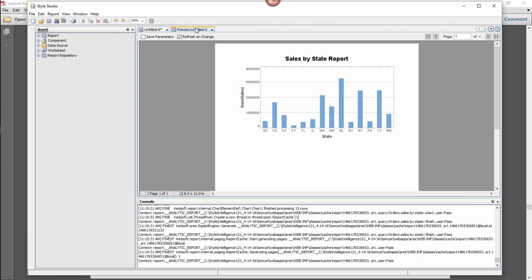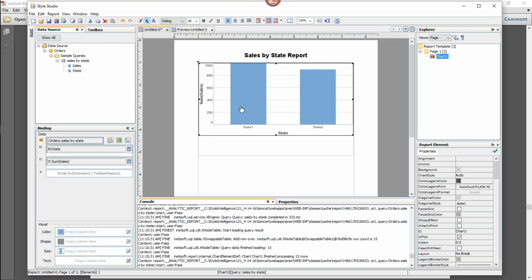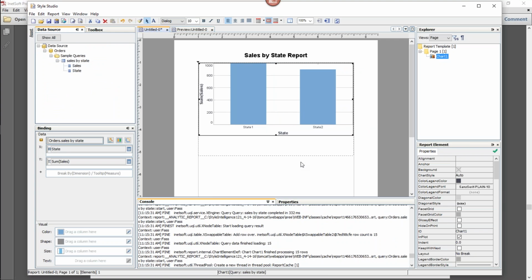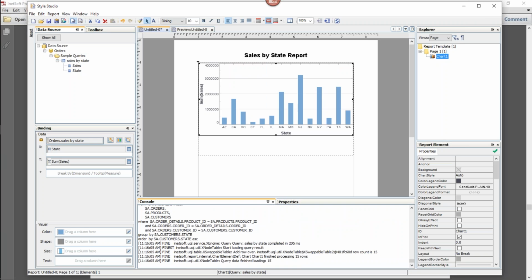Right, and you can keep the preview tab open. There's actually an option at the top called refresh on change. What that means is that if you make modifications to the report design and then go back to the preview, it will automatically update. You don't need to regenerate the preview by pressing the button. So it's two different ways of working: either looking at the live data in the design view or just working with metadata. Like I said, for this report, it's so small and simple, I'll just keep the live edit option on so we can look at the live data.